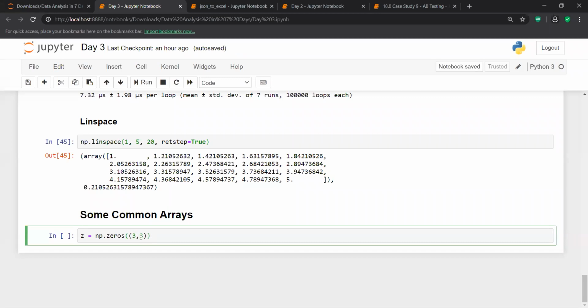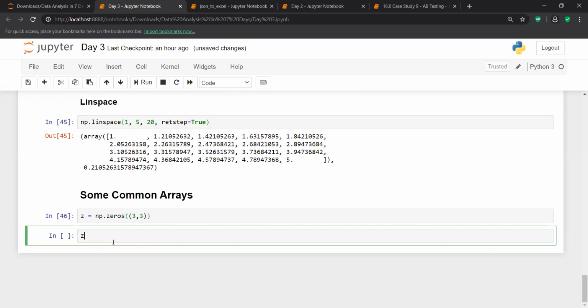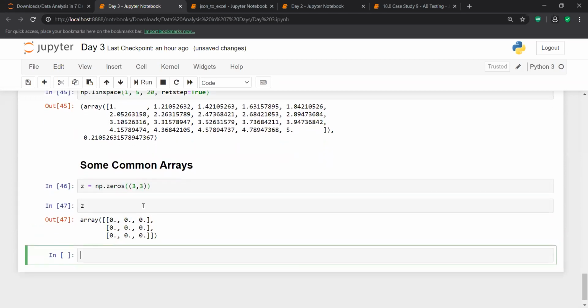The shape of my array is nothing but 3 cross 3, and I'm trying to create a matrix of 3 cross 3 where each element is 0. You can create a zero element array of any shape. It can be 4 cross 4, it can be 3 cross 4, it can be 3 cross 5, anything. In the same way, you can create